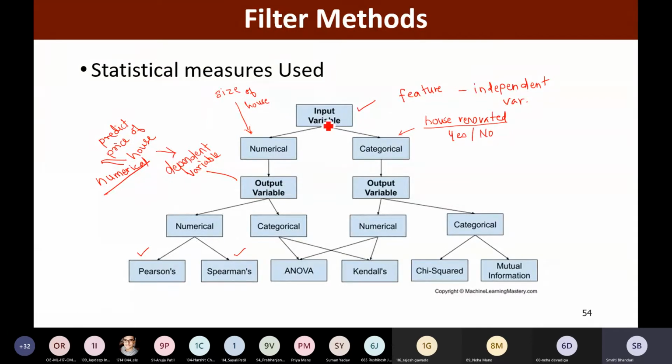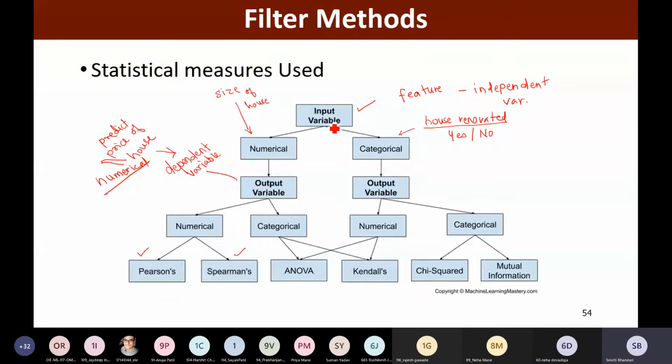If my input variable is numerical but my output variable is categorical, so we are predicting something like yes, no, low, high, then I may come up with statistical measures like ANOVA or Kendall's measure.